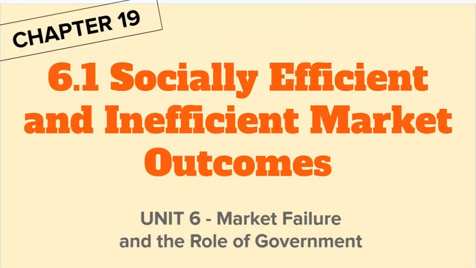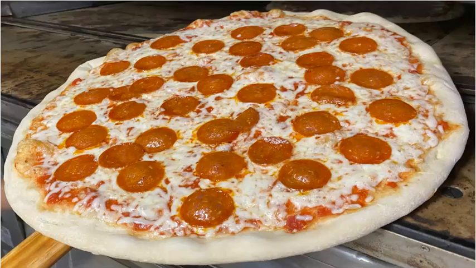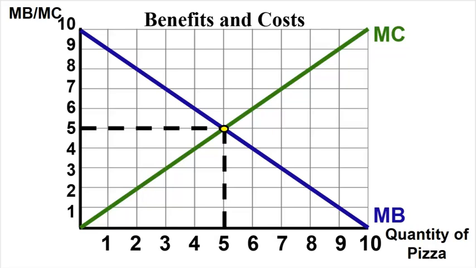But today we're going to cover Chapter 19, looking at efficiency and particularly different market outcomes that are efficient and inefficient. And we start off with the basics, always focused on food because there's nothing better than pizza, right? And so when we look at pizza and trying to decide how many slices we eat, we always look at equilibrium. We look at supply and demand. We measure the marginal cost, which is our supply curve. We measure the marginal benefit, which is our demand, what we're getting out of it,